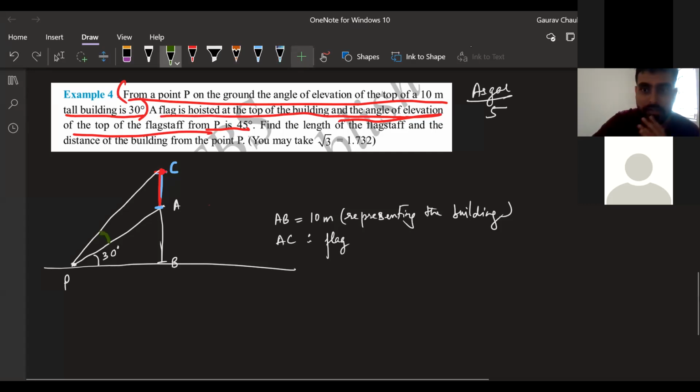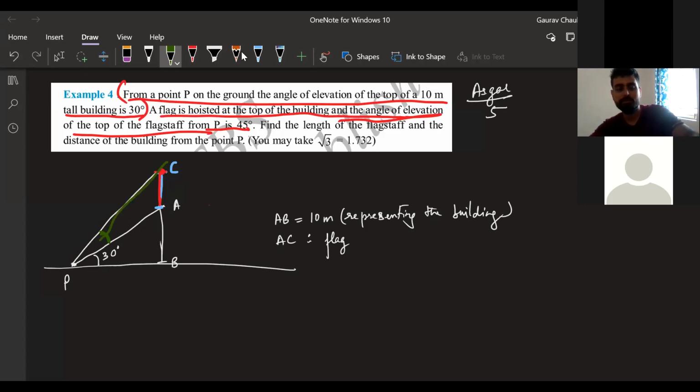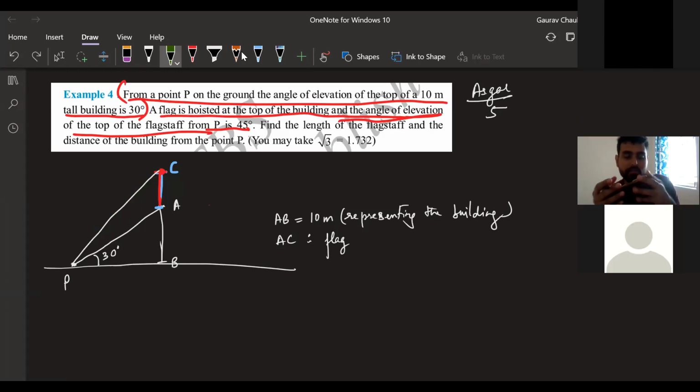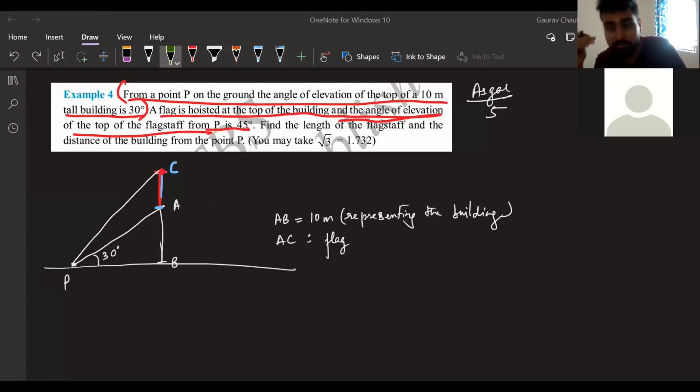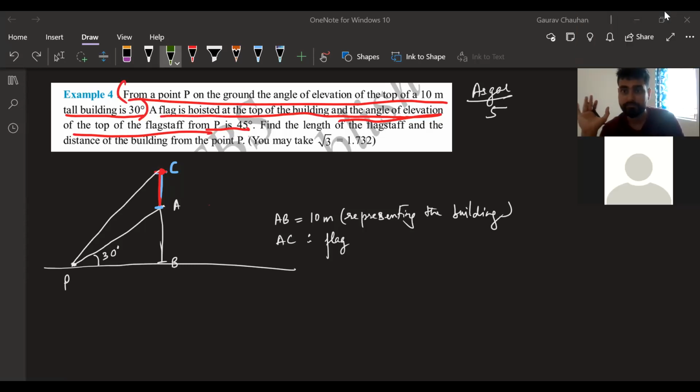I think you've got an idea of identifying it, but I want someone to justify it. Tulsi? Sir, they are telling it is the angle of elevation of the top of the flag, sir. So that is angle CPB, sir. This is also coming from the top only. "From top" is not a justified answer. Now, guys, give me a minute. Guys, we need to go back to the definition of the angle of elevation for being able to justify that. Anyone else? Yes, Nishya?